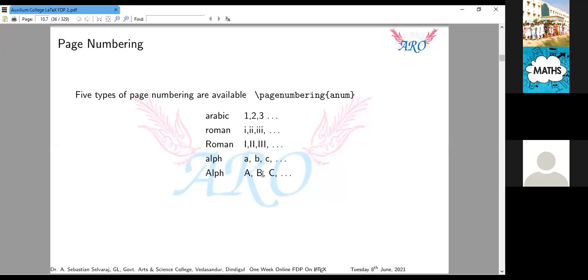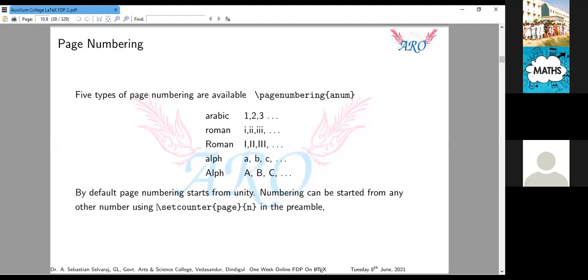Page numbering always starts with 1 or A. Suppose you want to renumber, starting from unity, that means from the initial 1, 2, 3 or ABC. Suppose you want to start your chapter from page number 5. What shall we do for that? Just see the command: backslash setcounter. We define the name for page, so I define page. Then n is our interest, 5, 10, whatever it may be. If we put 5, the page number starts with 5. Putting 10, the page number starts with 10 and so on. So this is the page numbering command.